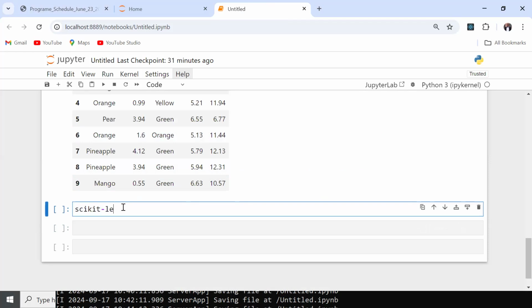And over here, we are going to use a library called scikit-learn. Now, this scikit-learn is a very big library. It contains the majority of the libraries we are going to use for our machine learning model development. So all the algorithms you've heard of, decision tree, random forest, SVM, and most of the things are in here. So we are going to learn this extensively. Now, in order to get this scikit-learn,